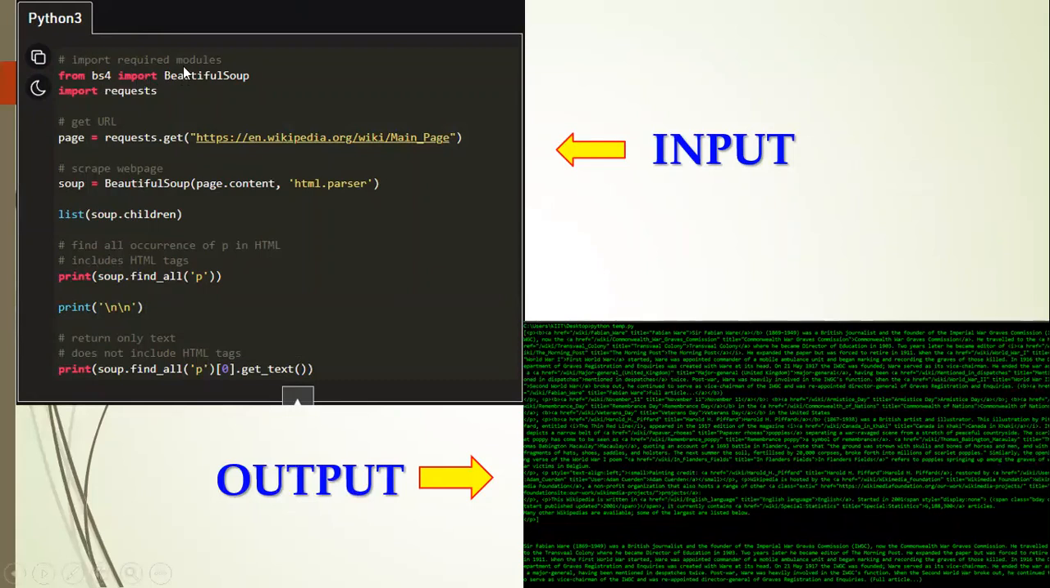# import required modules: from bs4 import BeautifulSoup, import requests. # get URL: page = requests.get("https://en.wikipedia.org/wiki/Main_Page"). # scrape webpage: soup = BeautifulSoup(page.content, "html.parser")